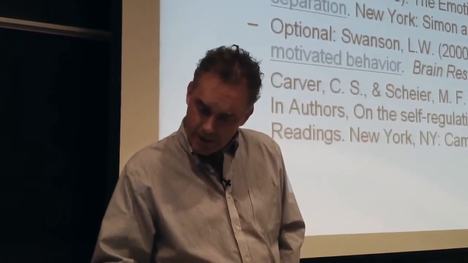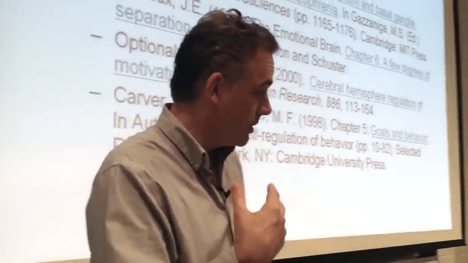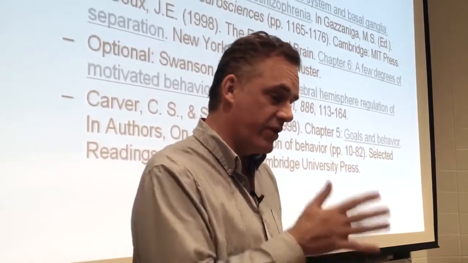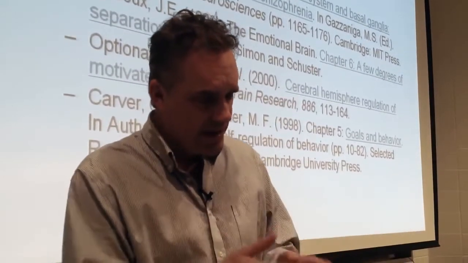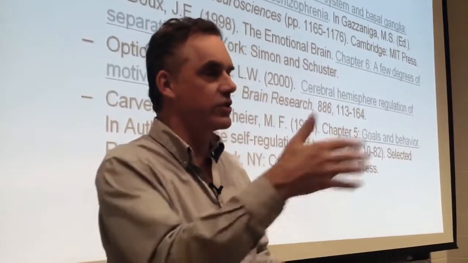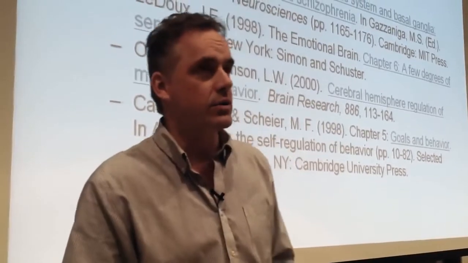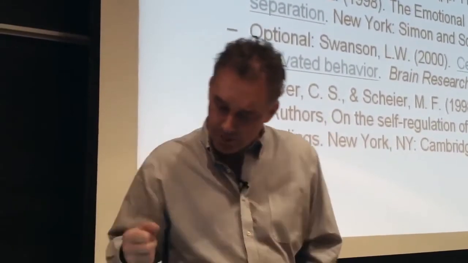And then there's other reasons why it maps onto what we're going to talk about too, because Swanson also points out quite clearly the function of the hypothalamus. He kind of roughly separates it into two halves, and he points out that they have quite distinct functions, and the functions also map onto some of the things that we've been talking about in a very lovely way. So there's a lot of reasons to go through Swanson's paper carefully.